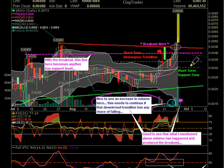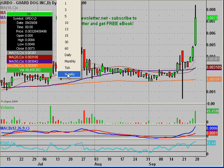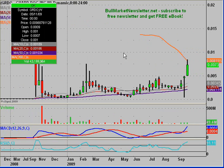So overall, looking good. Support and resistances right now. The far down support from where you close is just this breakout trend line here. This was resistance, but because it was broken, it has now become support. So that's one support level, and now this is where we'll transition over to the eSignal chart. What I'm going to do is pull up a weekly chart. Okay, this will be better. Alright, so let me